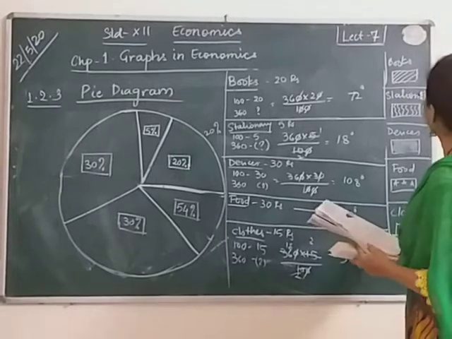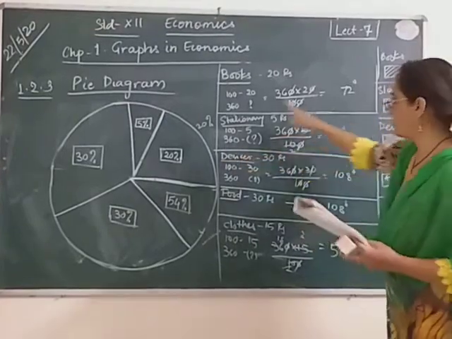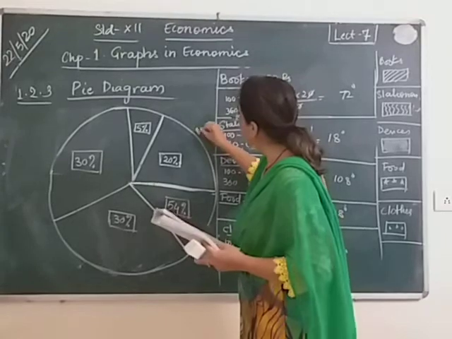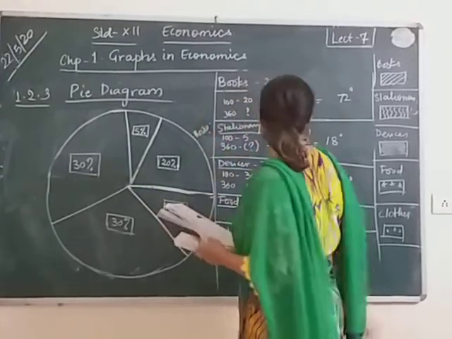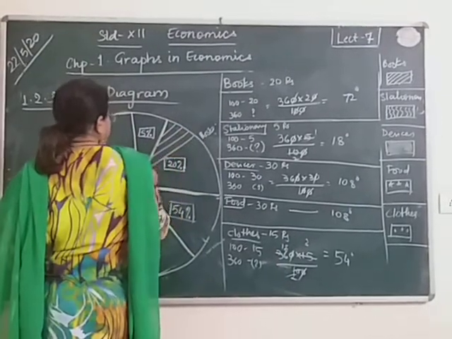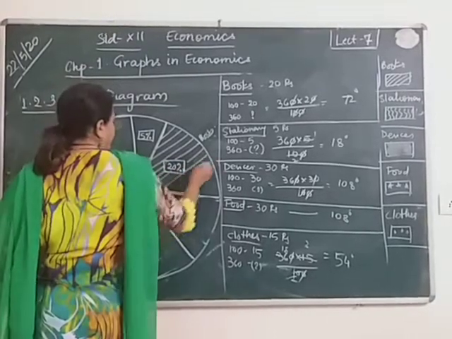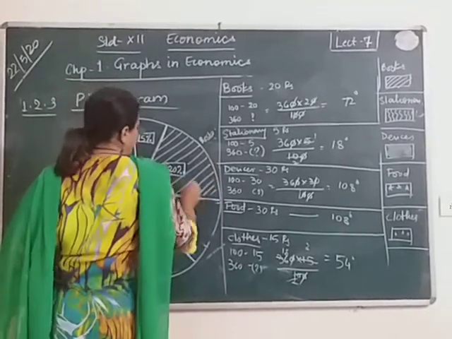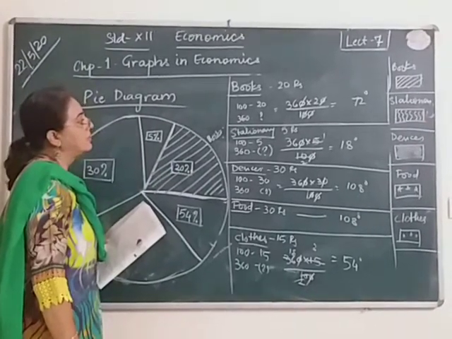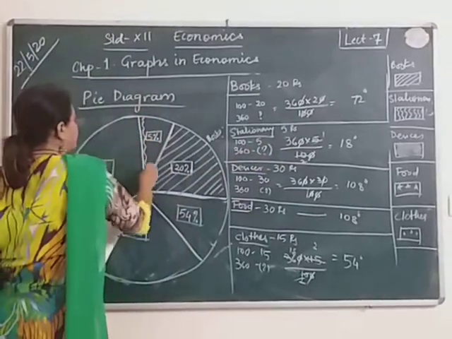Okay. Now this 20%, then 20 rupees or 20% here, that is for books. This is the books area. If you want, you can write books over here. Books. And the design is a slanting line. See that you do not interfere with the figure in the box. Please do not mess up with that. That should be clear like this. The stationery is, what is the design for that?